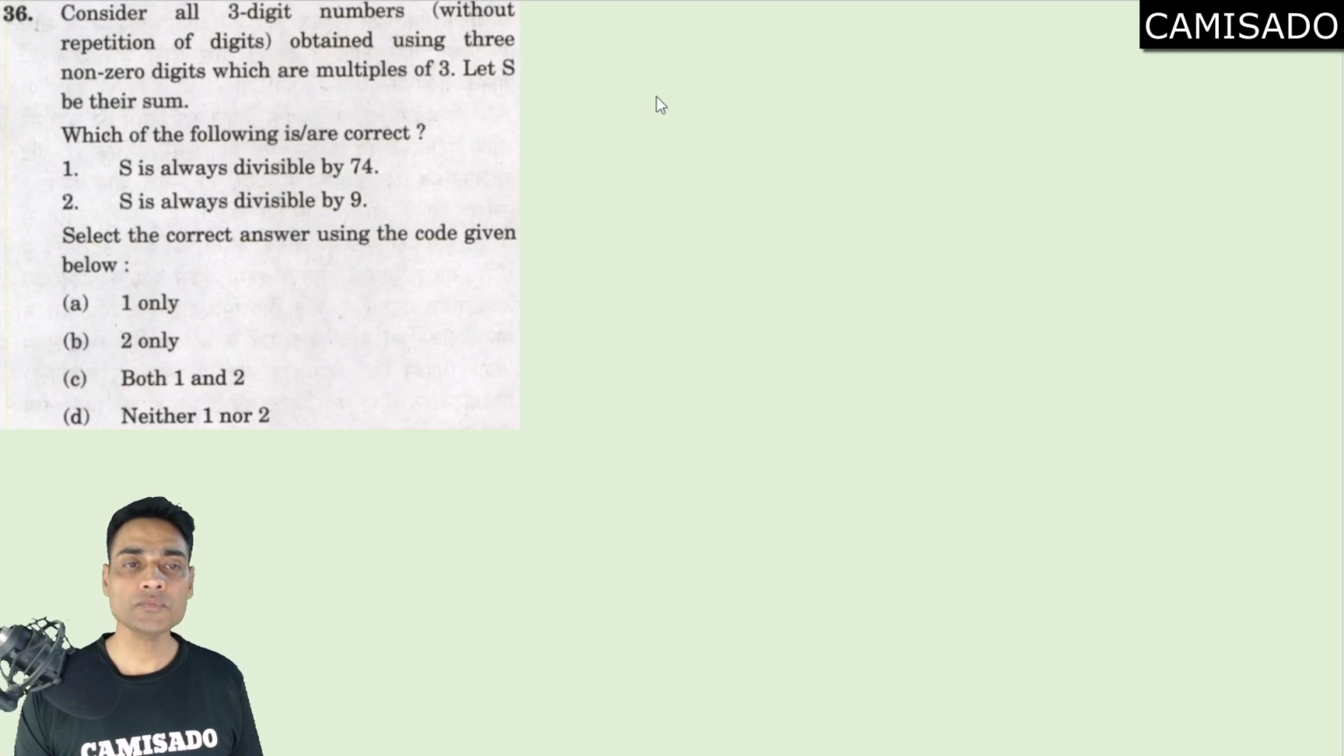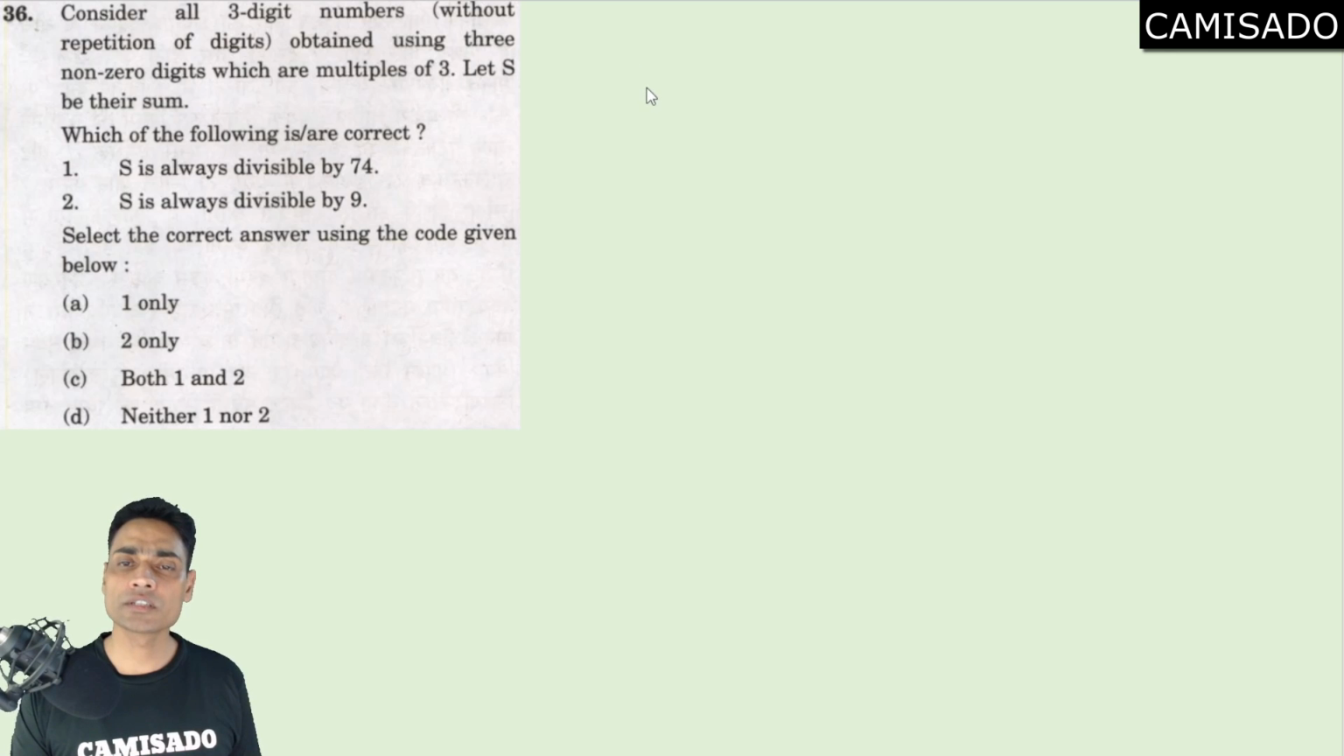Next, consider all 3-digit numbers without repetition of digits obtained using 3 non-zero digits which are multiples of 3. Let S be their sum, and so on. Divisibility by 74, divisibility by 9. Fine. So first of all, we have to consider